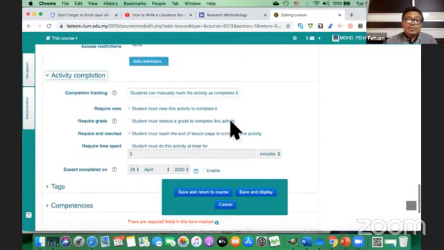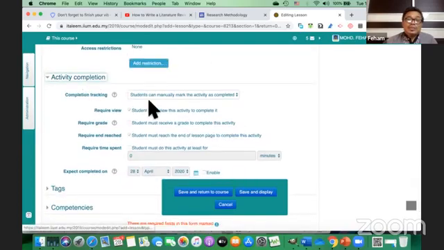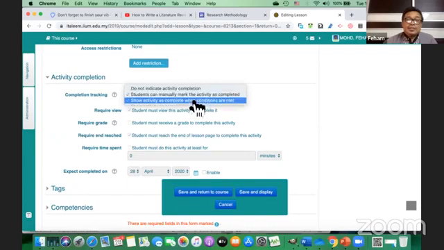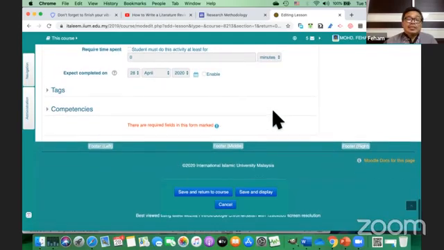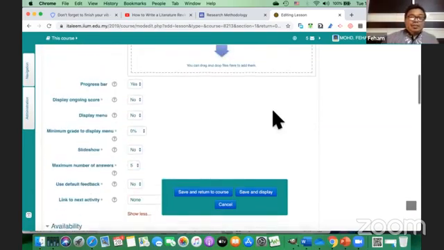For activity completion, the student can manually mark the activity as completed. No, I will change that to show activity as complete when conditions are met, which is that the student needs to complete the activity up till the end. Done with that, you click here, save and return to course.